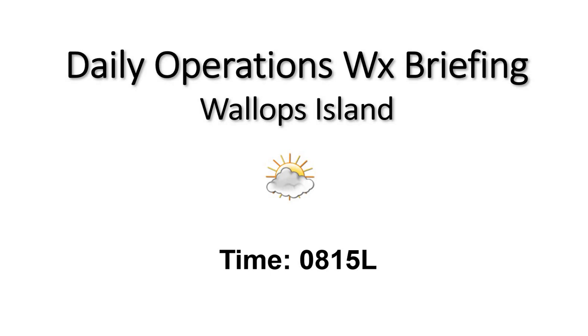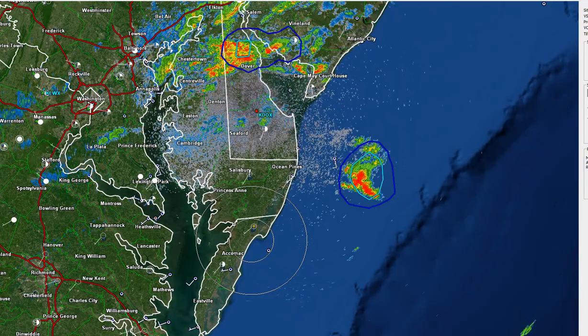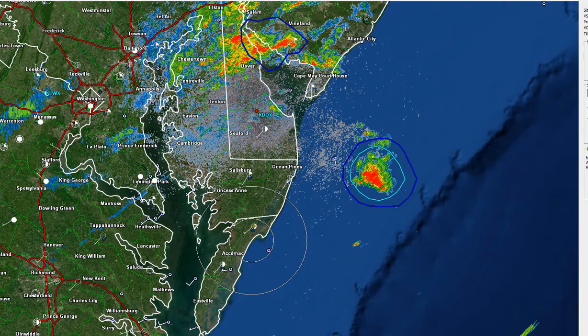A pretty quiet start to our morning so far, mostly cloudy skies out there and quiet conditions overall. We do see a little bit of precipitation out there this morning around the local area. Looking at our radar currently, you can see some shower activity off the coast and also up around the Dover